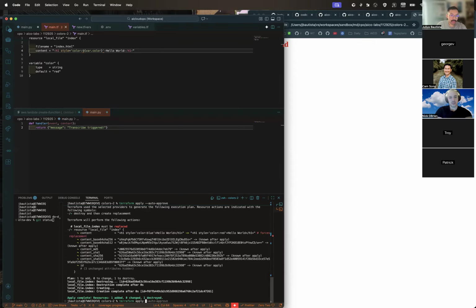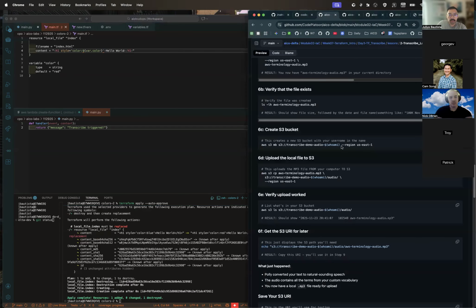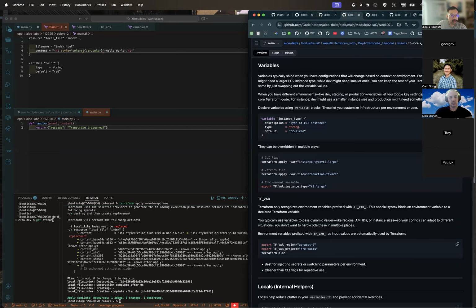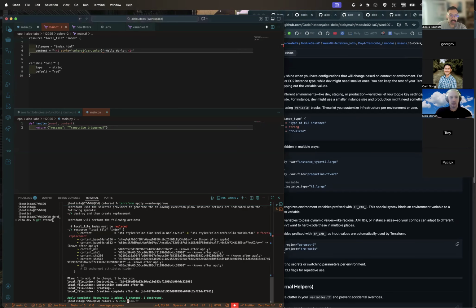Let's look at another way of updating variables, and that's going to be through, let's see, what does the lab say? Talks about TF vars. So let's make a TF vars file. So let's say colors.tfvars,